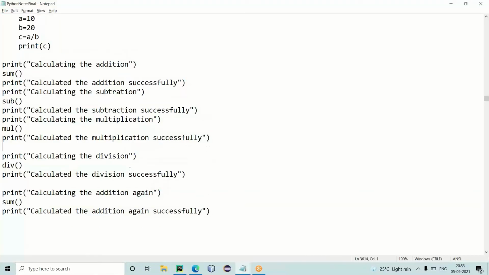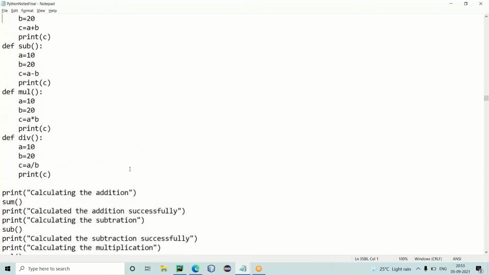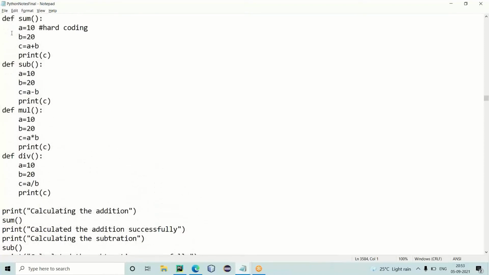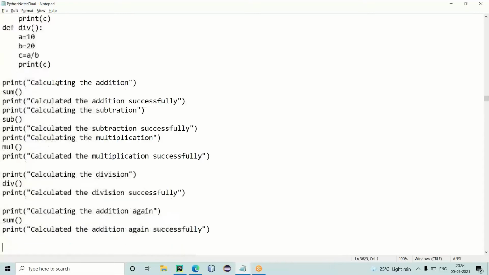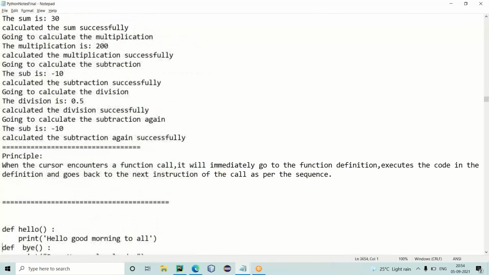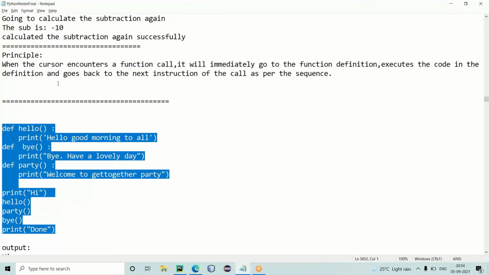So fine. Finally, what I'm saying is we will use the functions to achieve code reusability. Instead of writing the same code again and again, I will put my code in a block and I can give some link to the block. So wherever I want, I can call that function. That means I can execute the reusable block again and again. So we will see one more example for getting more clarity on this.